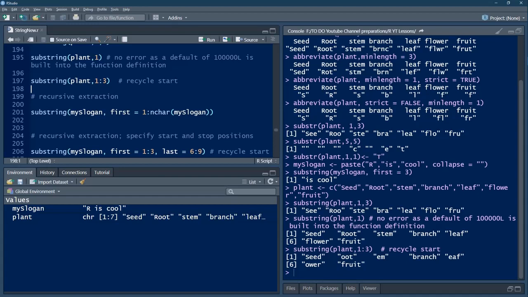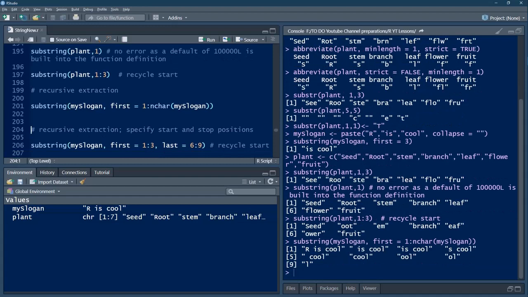My slogan has a number of characters, we don't know the length, so we can say nchar, then we know the length. So it is like 1 colon 3, we are going to get 1 colon some 9 or something. So this is the same as the previous one.